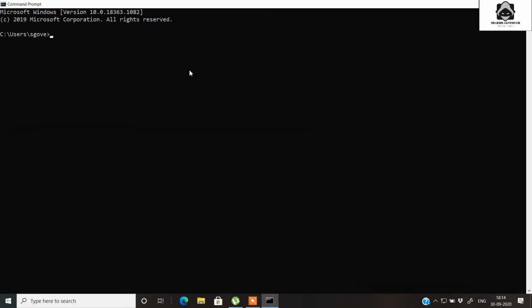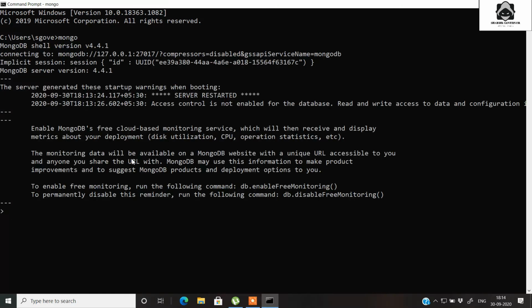We can just write mongo to start the service. So we get directly into the MongoDB shell, and here you get the version, and you can start typing your MongoDB commands. Also, the main advantage of using MongoDB is that it is a NoSQL database, so you can use it in many of your projects as a service.